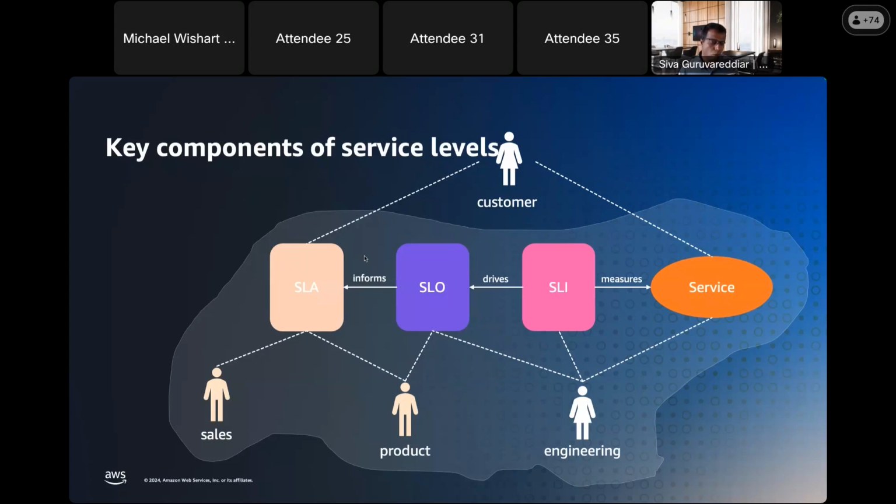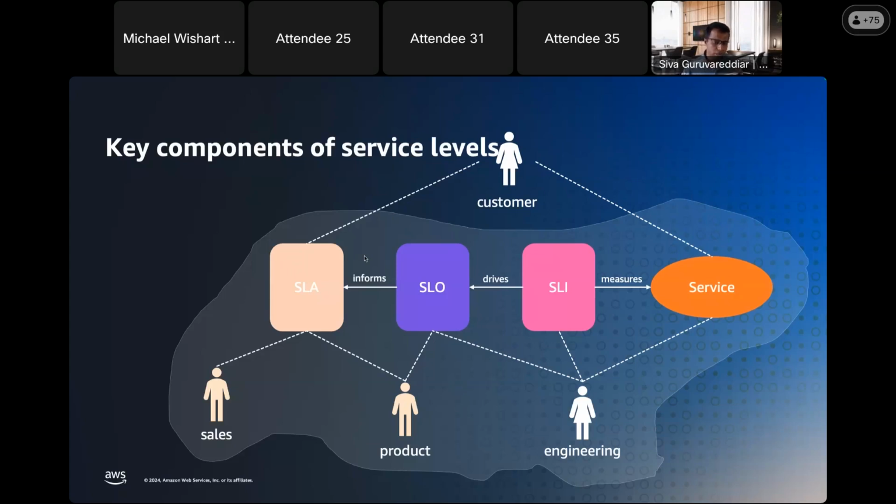The SLO, or service level objective, is driven from this SLI. And once you have an SLO in place, which might be that my service is going to be up and running for 99% of the time in a rolling window of 30 days, that could be an SLO. With that SLO, you can create an SLA, which is a business term. That's what you will be informing to your customer. And whenever you are breaching your SLOs, there will be some kind of monetary implications or penalties. So I just wanted to take a moment to explain the difference between SLI, SLO, and SLA.